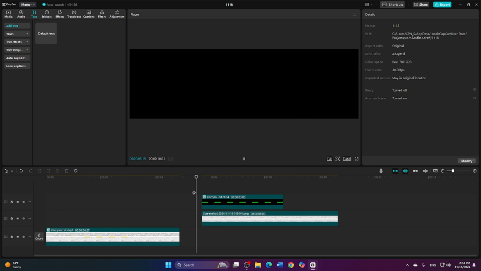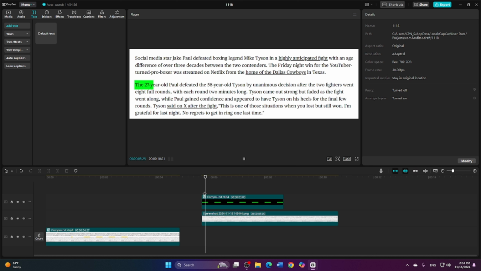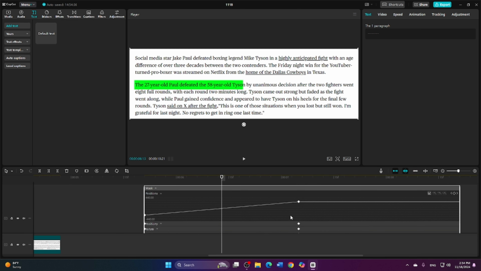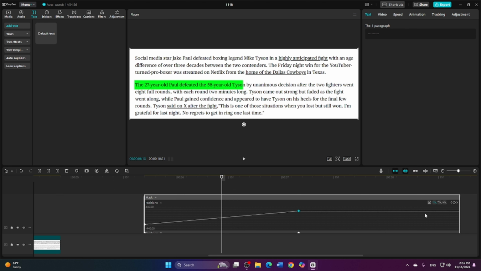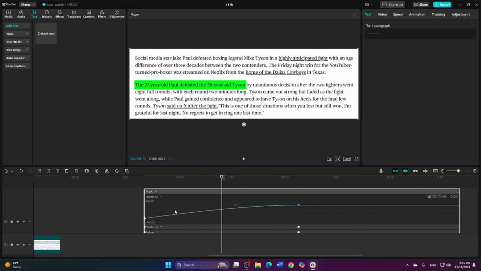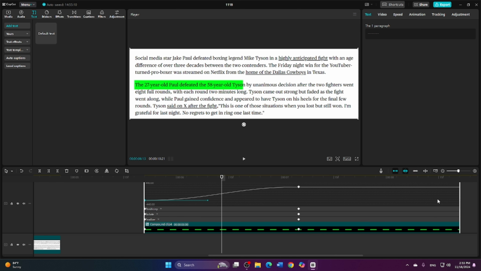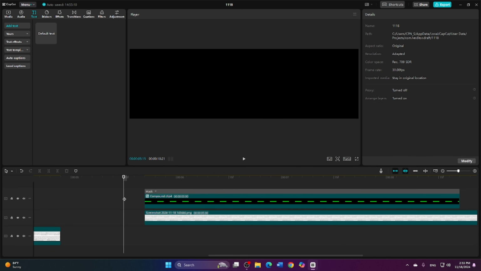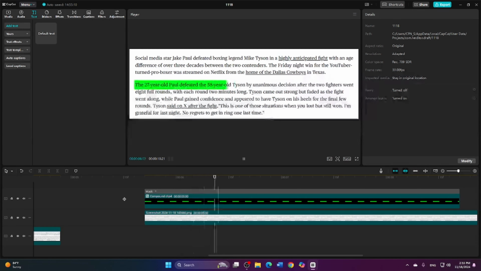If you want a much smoother animation, then click here and press Alt plus K, and here you can see this. Now click here and select auto curve. Similarly here also, and select auto curve. Now you can close this. Now you can see it is much smoother. See,